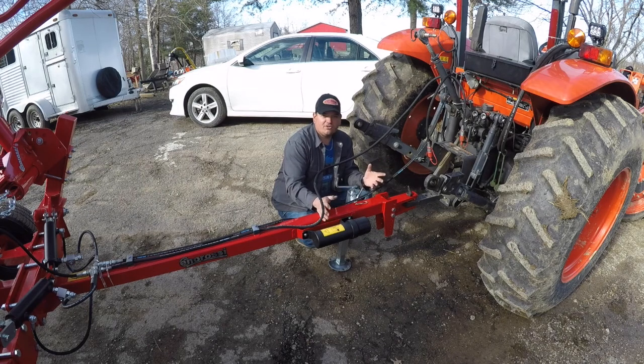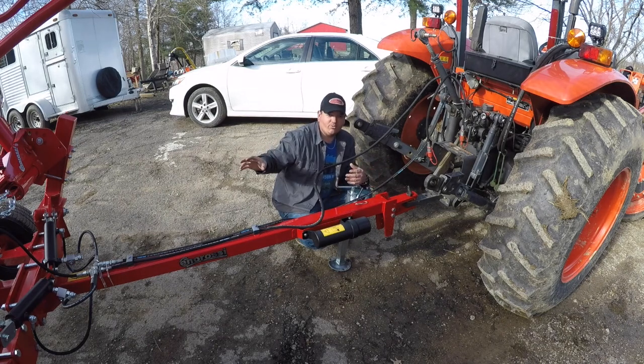There's still going to be some initial setup. I'm going to have to go through and make sure the raking wheels and everything are where they need to be. But once